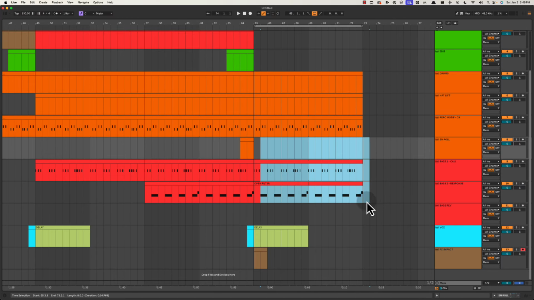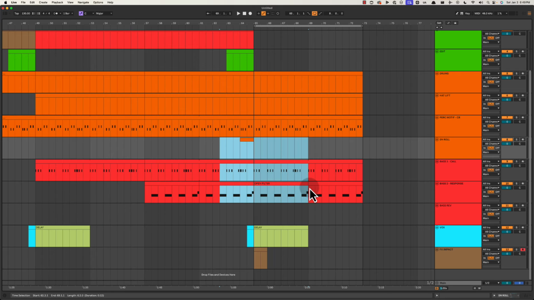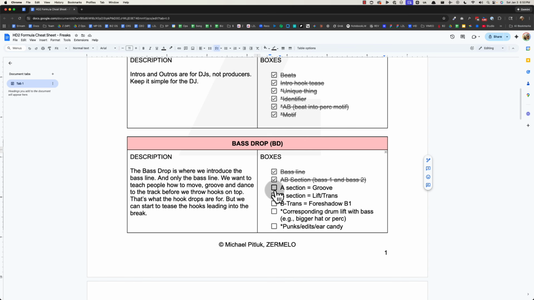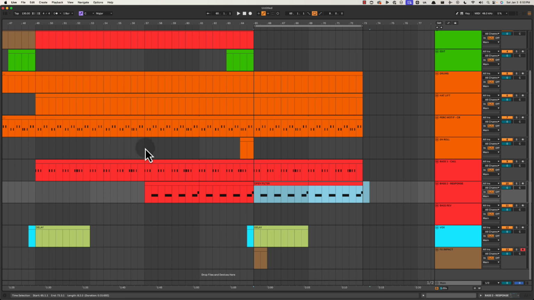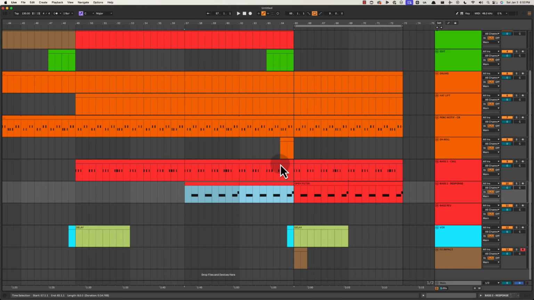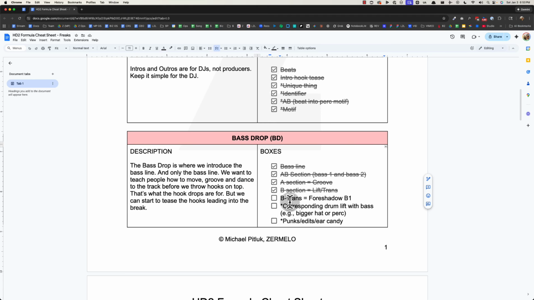I wouldn't really consider this part of a C section, even though this guy opens up. This is just kind of lifting up. From here to here, we're getting a brand new element, which is the second bass. From here to here, we're just opening up the filter on the second bass. So A section groove, we did get that, right? Because that's the bass and the percussion. B section, typically what we want is some kind of lift. We did get a lift here with that second bass sound. I don't want to get too technical, but I would call that an elevation over a lift, because you're really adding something new there. But again, we're not going to get too deep into this. We just want to keep it real simple.